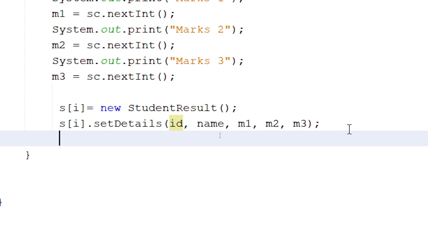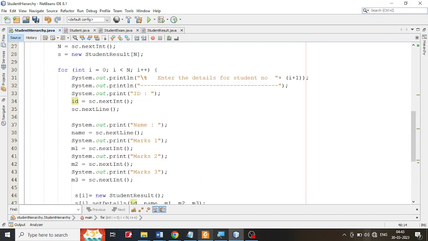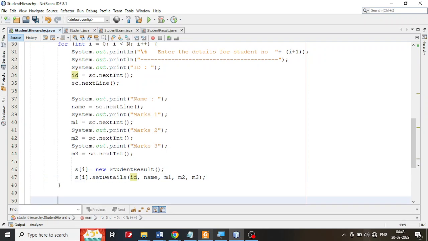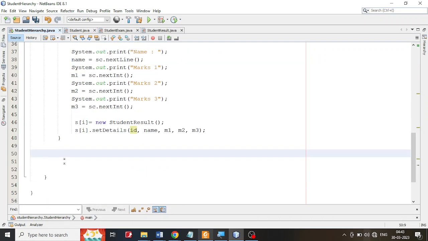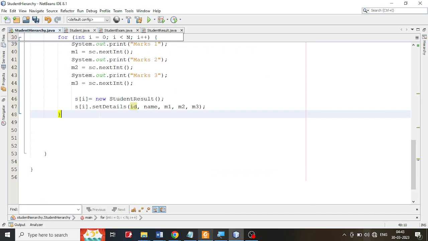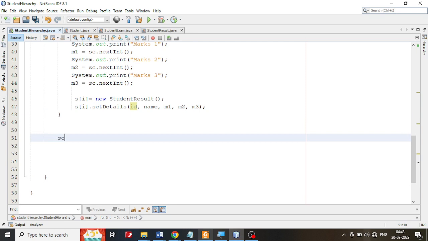That's it, you are supposed to do it. So you are going to accept the details for n students. After that, leisurely I'm going to print everything. So after this, I've come out of this for loop. After I come out of this for loop, I'm going to say System.out, and I'm going to just print